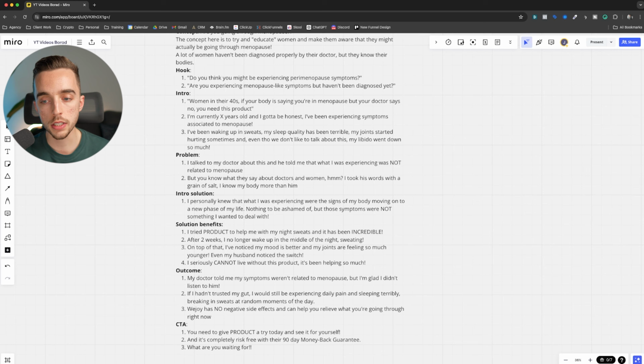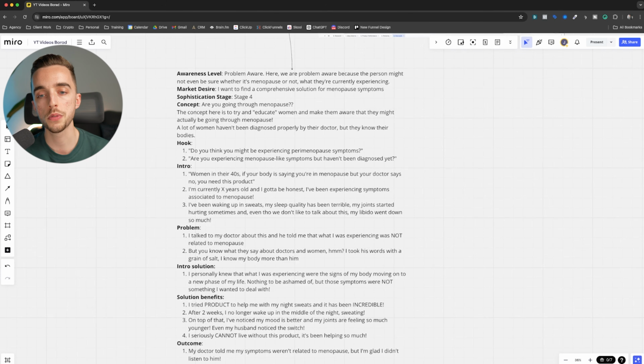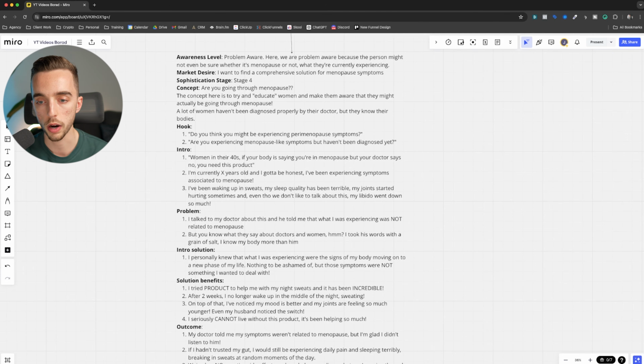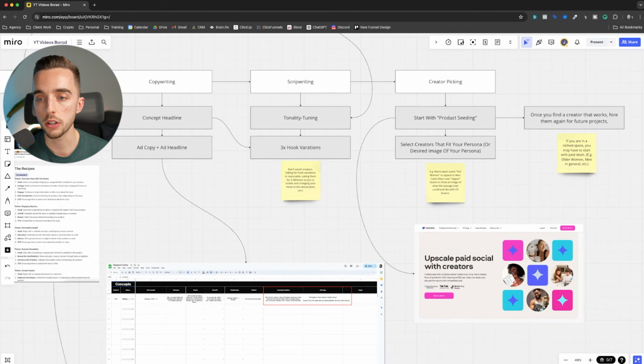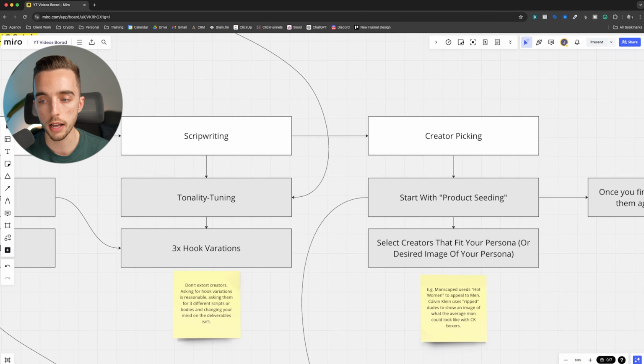And then we're not really introducing the product as much. We're only introducing the solution and the benefits of the solution. So very light introduction of the product here. This is why the goal with the problem aware ad, which in this example is to move somebody from problem aware to solution aware. Okay. Now going back to what we have right here, once you've written out the script, you want to pick